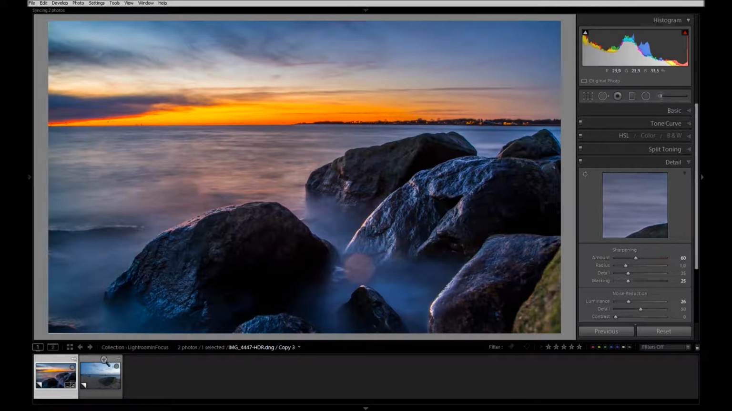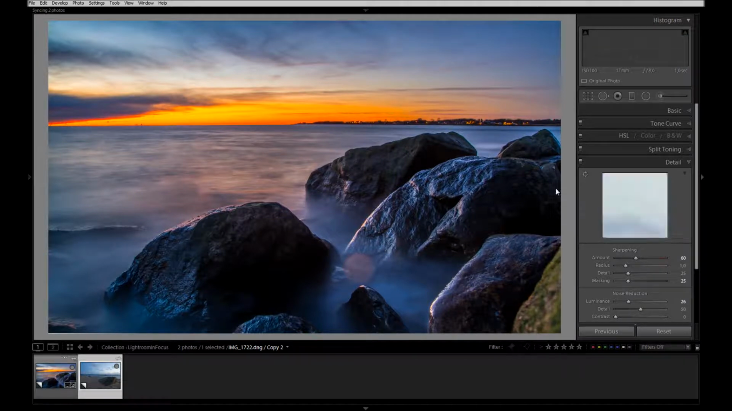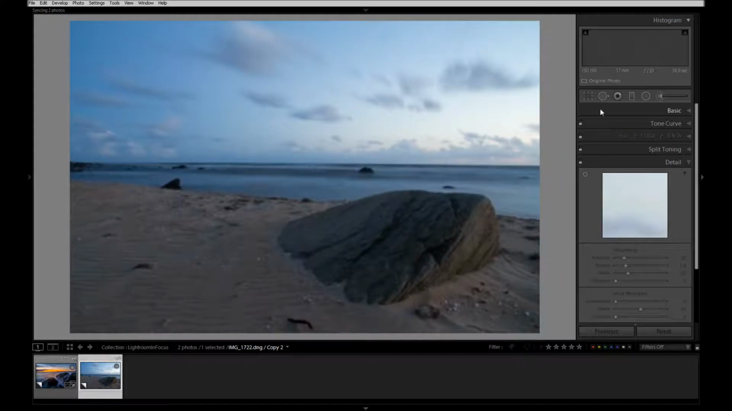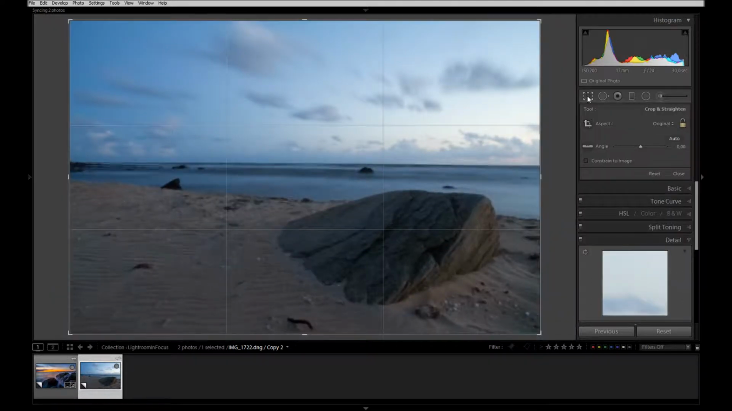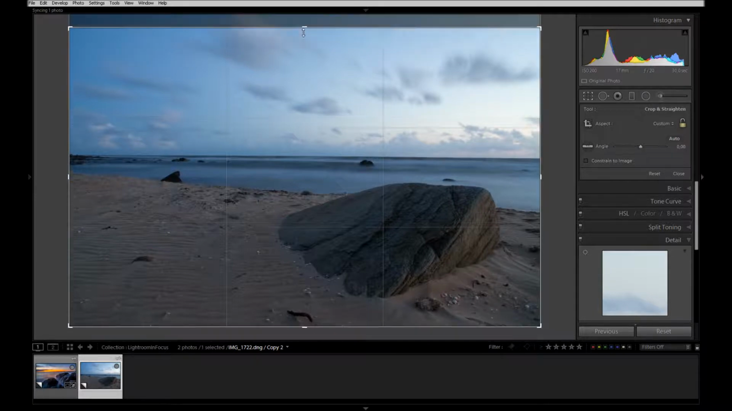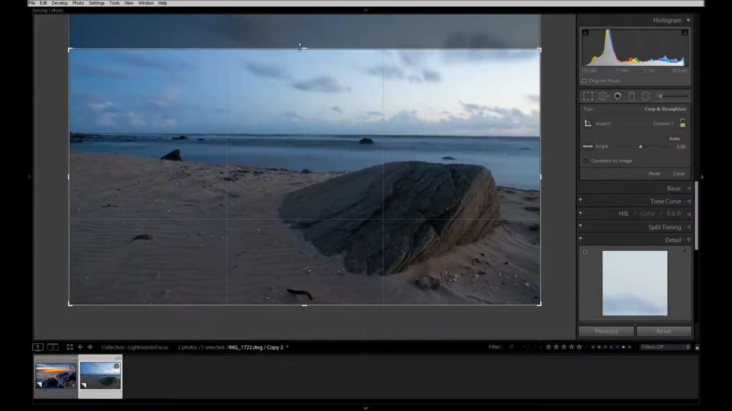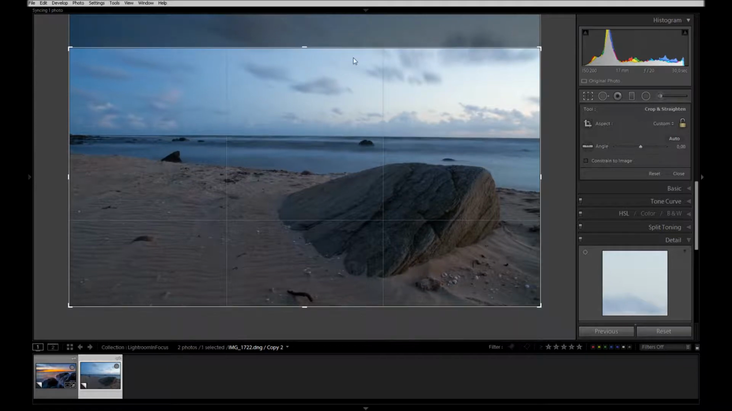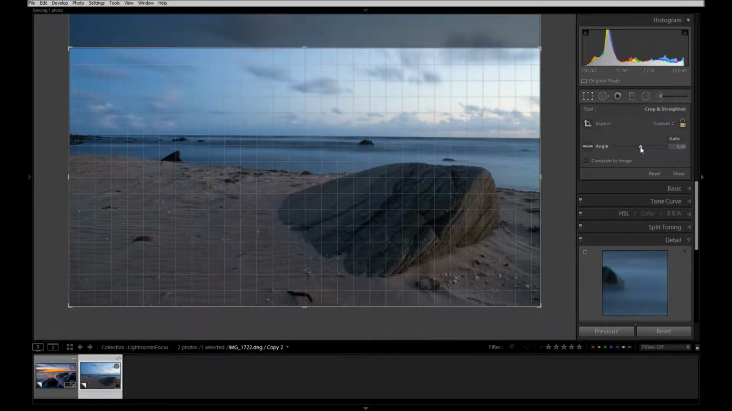Next photo is this one. We do the same thing here. We start at the cropping tool. I almost said börjar. It's a Swedish word for start. And then I want it unlocked. And then we put the horizon on the one-third line. It's good. And then the angle